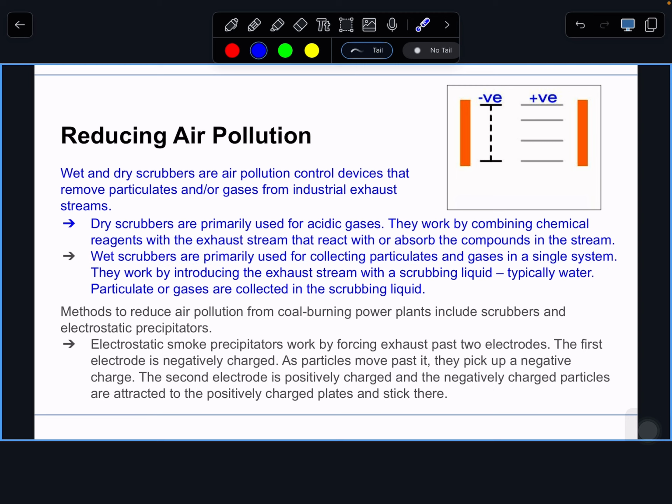So the big difference is dry scrubbers do not use water, while wet scrubbers do. So just to make that concise for you guys so you're not writing down a million things. The idea is that whenever we make energy, there's always going to be pollution. And so we add these wet scrubbers and dry scrubbers in the industrial sector to help mitigate the pollution that is being released from the creation of energy.